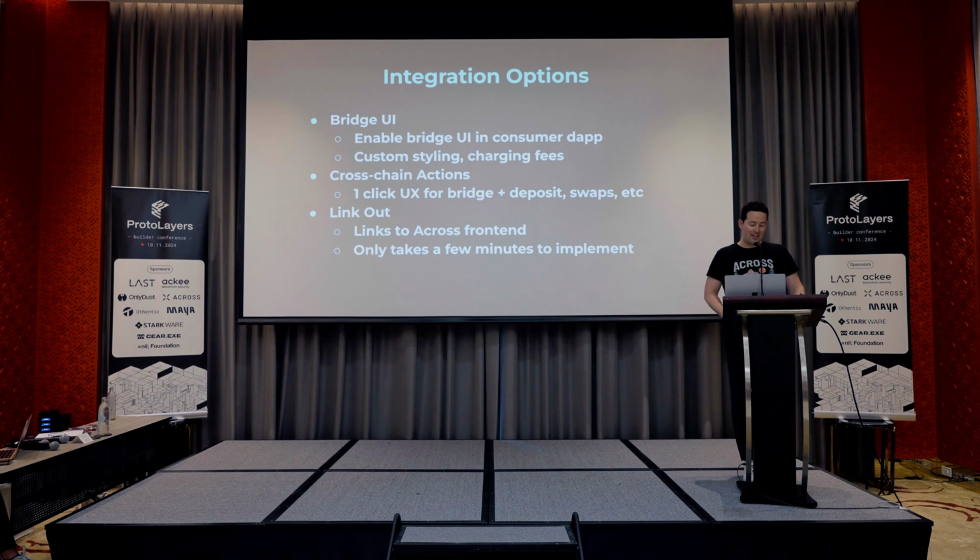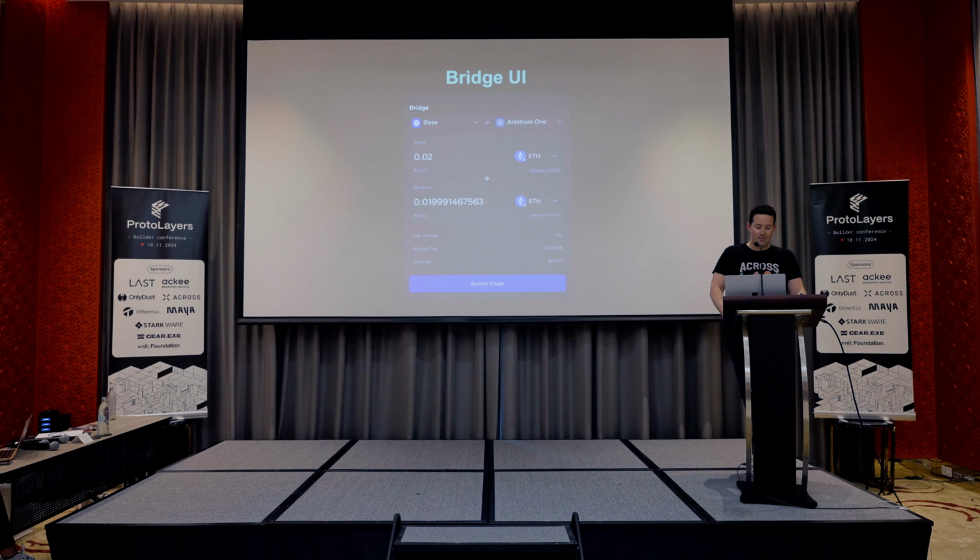And then the last one I put on here, I think is worth mentioning, is we also have a lot of teams that maybe are curious how much transaction volume will come from a bridge UI or cross-chain actions. So they'll use a link out, and we have custom URL parameters that pre-populate things like the chains and the assets. And then once they get more feedback on how much it's used, a lot of teams have actually come back to us and said, we want to invest more developer resources in building a more custom user experience. So I'll just run through these real quick, just to get a sense